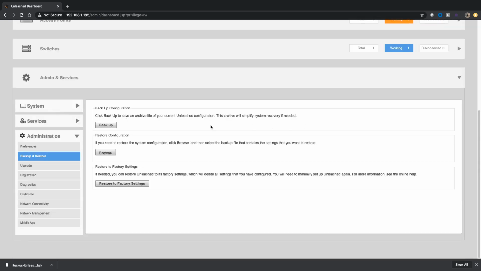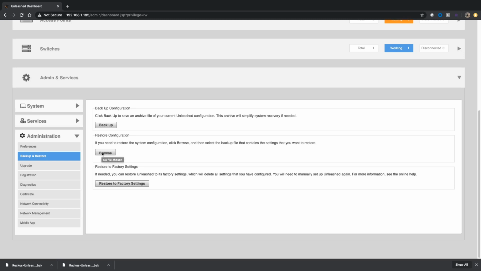And so the first thing we want to do is do a backup, right? So you do this on a regular basis. But if we click Backup, it's as easy as that. So literally takes 2 seconds maybe to drop a local backup file onto your client device. So then, once you have that, and you should do it on a regular basis,